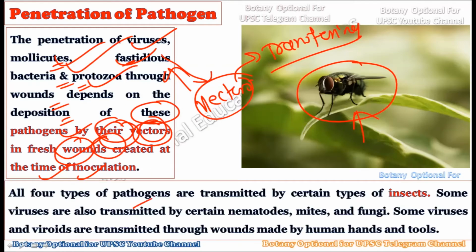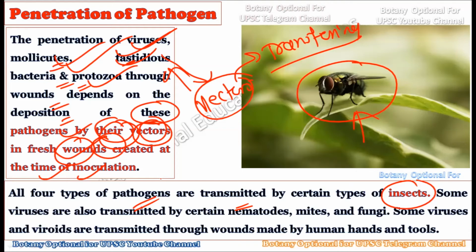Now all of these four types of pathogens are transmitted by certain types of insects. Majority of the time, insects are transferring all of these four types of pathogens. So you can say within the living kingdom, the pathogens are typically transferred by insects to the plant bodies. So basically, if you want to avoid the infection, we should first avoid the vectors, which are the insects which act as vectors. If we are able to contain the insects,